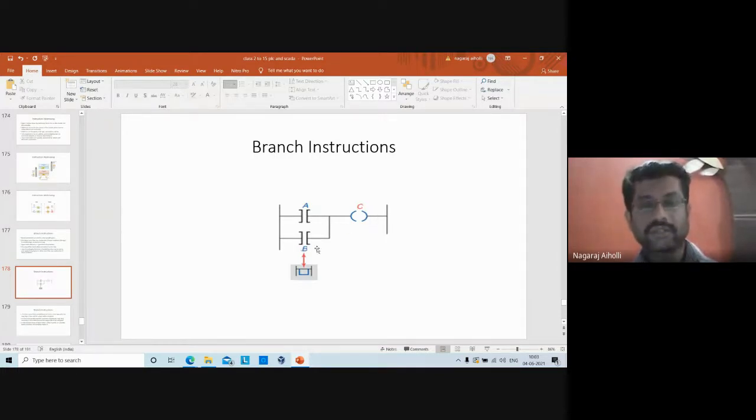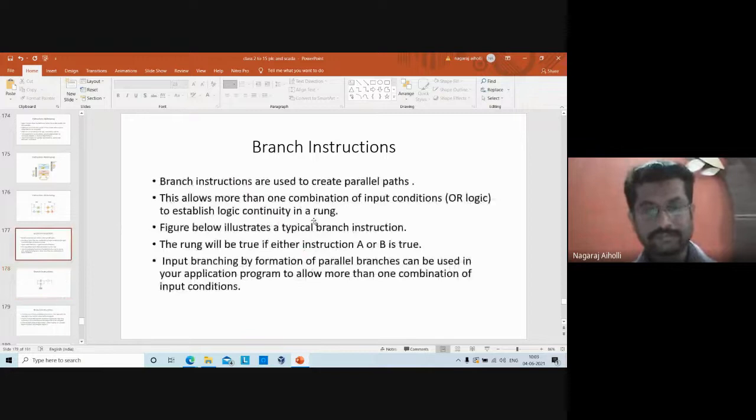Either of the two. When it is in parallel, this or this. When it is in series, it is an AND combination. This and this and this and this, like this. That point you all have to remember here. The rung will be true if either instruction A or B is true.